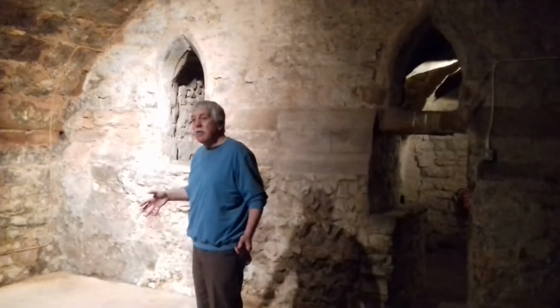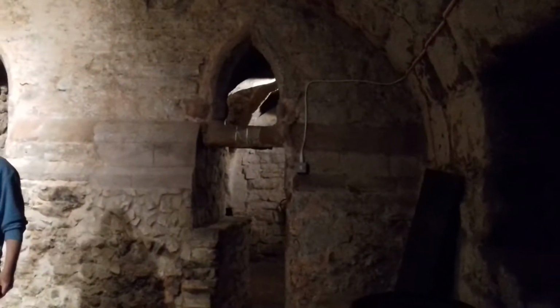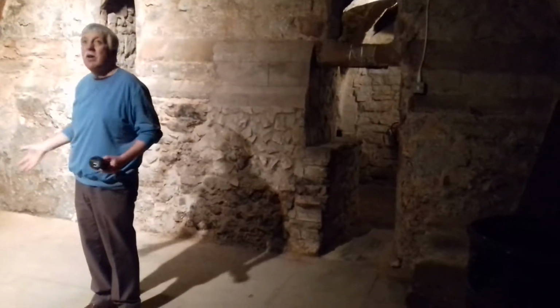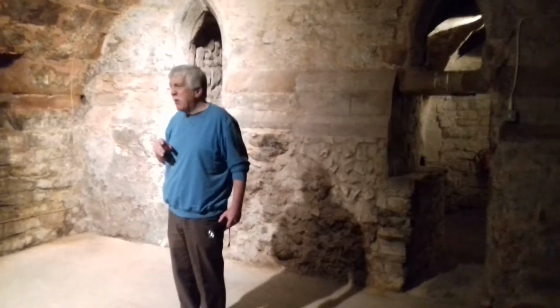Then this was added on in 1464-65. When it was first built, clearly it's built with this great big panel vault built for strength, built to hold up what's up above. But it was also built as a usable space. These days it's a bit dark,